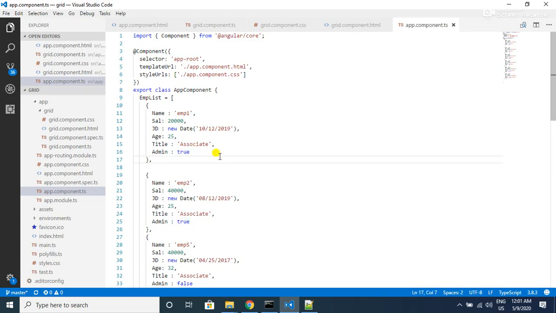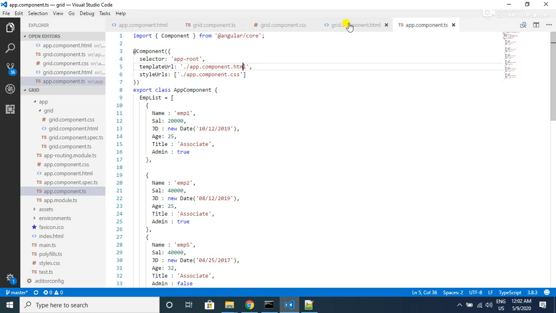So we have different data types, and even in future also, as it is a reusable component, we need to make sure that the type of column or the property is date or not. So in that case, we might not be having this joining date in a third column itself. So we need to make sure that whatever we are doing is in a dynamic way.